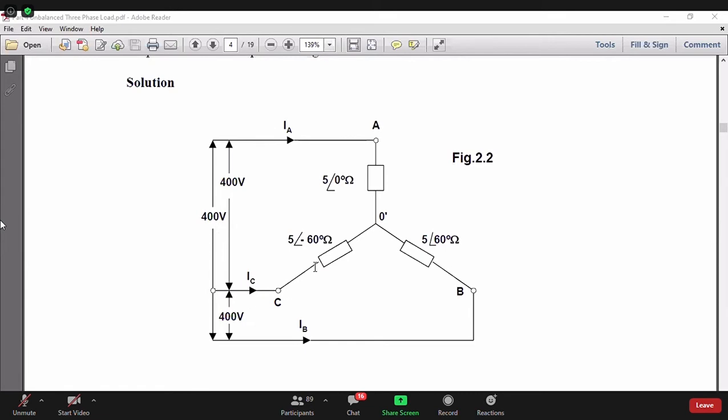Why? Because then this O prime was electrically connected to the source neutral because there was a fourth wire. And we were assuming zero neutral impedance, so no voltage drop. So the voltage of O prime was equal to the voltage of O. O is the neutral of the source. But here this connection is absent. Therefore, I cannot say that the voltage of O prime is the same as the voltage of the neutral of the source. And that is the biggest problem in three-wire star, because I don't know the phase voltage here.